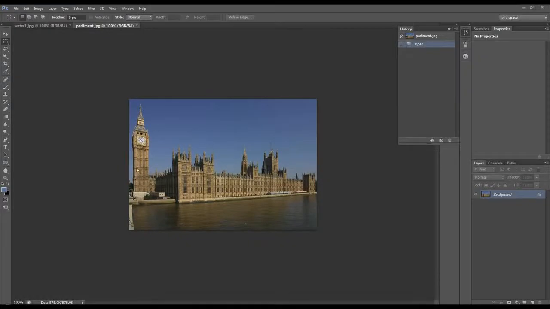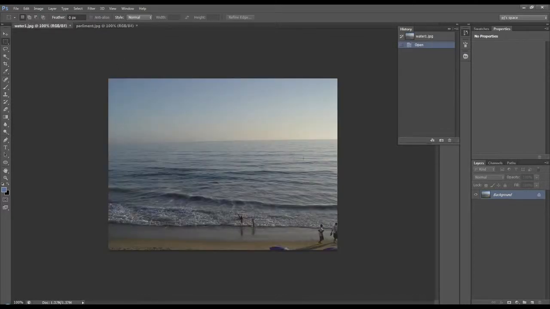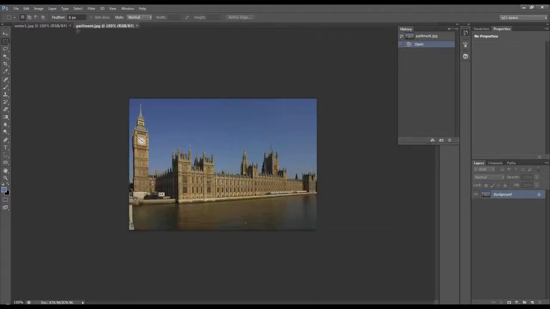In this Photoshop tutorial I'm going to show you how to create a reflection. We're going to reflect the Houses of Parliament and Big Ben into this image here where we've got some waves and ripples and stuff, and we're going to be doing it using a couple of techniques. Pretty easy really. First of all, we want to